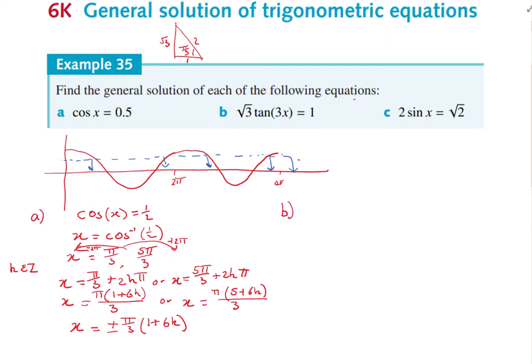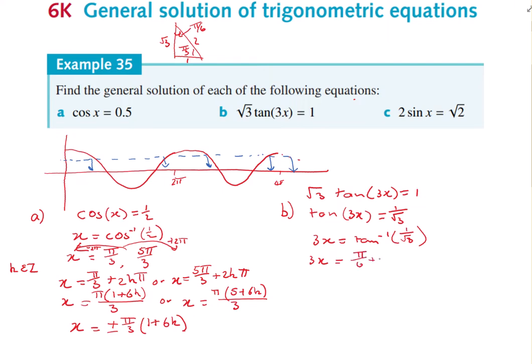B, we'll do the same thing. Root 3 tan 3x equals 1. So tan 3x equals 1 on root 3. So 3x equals tan to the minus 1 of 1 on root 3. Again, that's a special triangle, so we want the opposite to be 1 and the adjacent root 3. So that means if the opposite's 1, we're talking about that angle, which is pi on 6. So 3x equals pi on 6